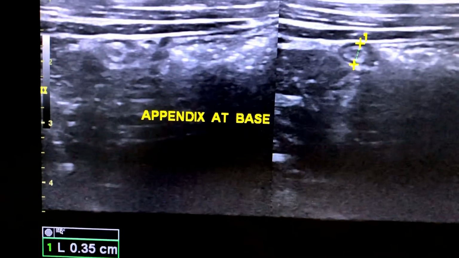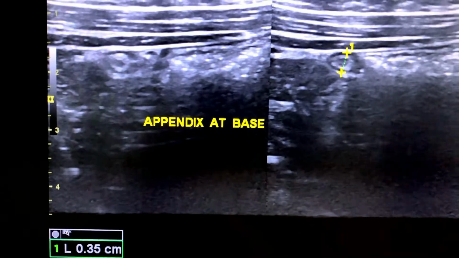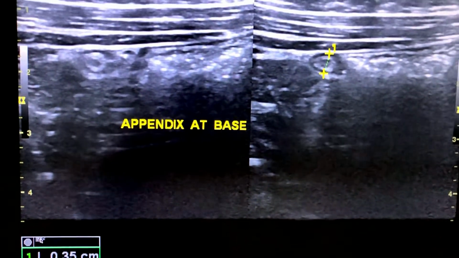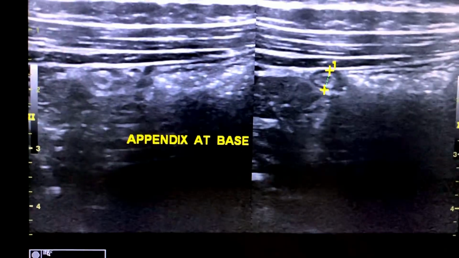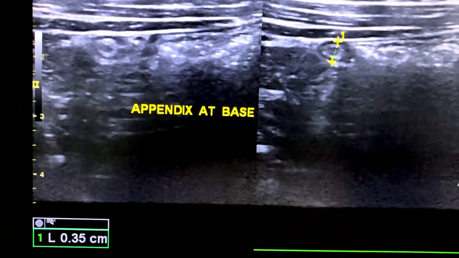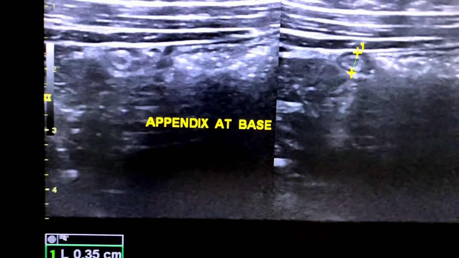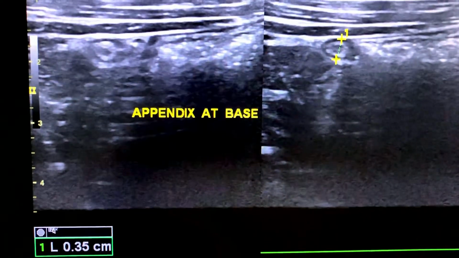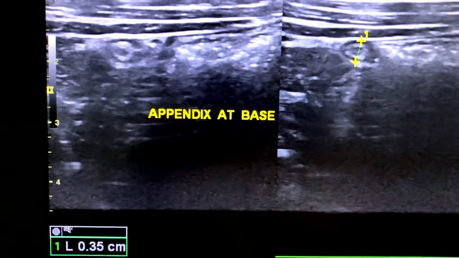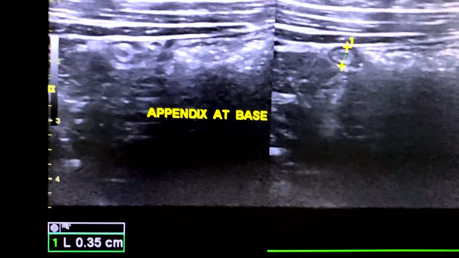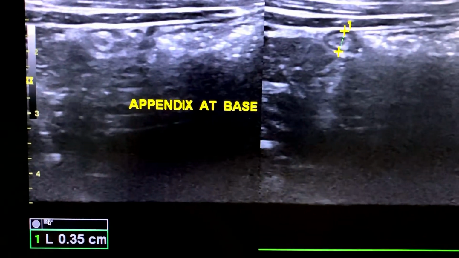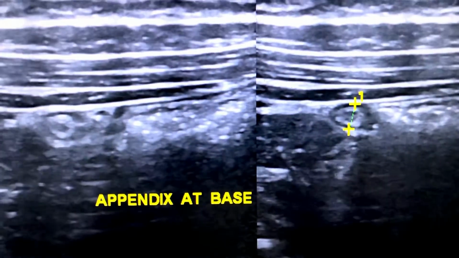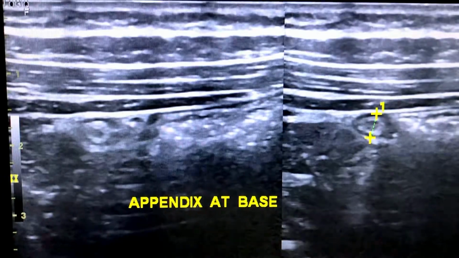So the sludge inside the appendix was present in the terminal part of the appendicular length, so that was not obstructing. And when the piccolith or the sludge inside the appendix is not obstructing, the patient will not have episodes of acute appendicitis. This is the reason why the patient never had pain in the right iliac fossa any time in his life.